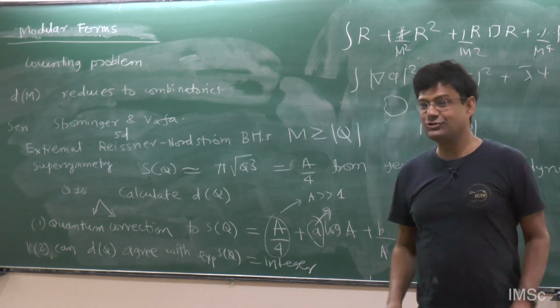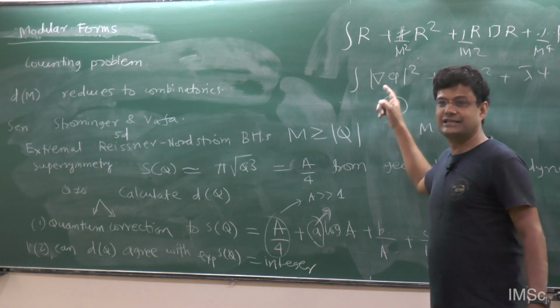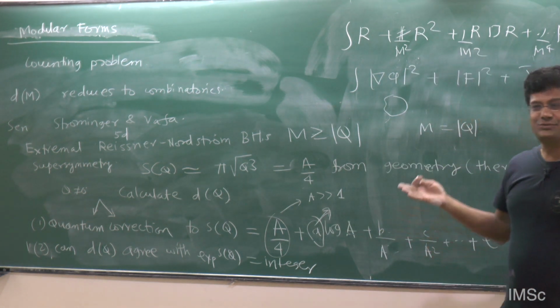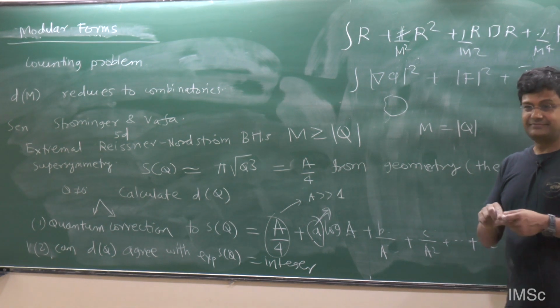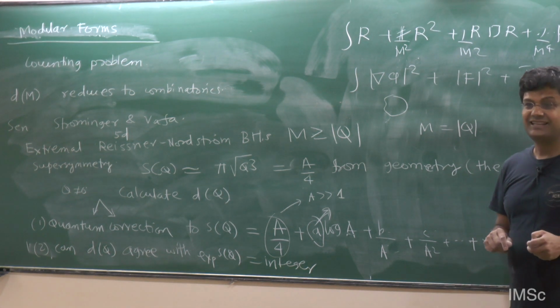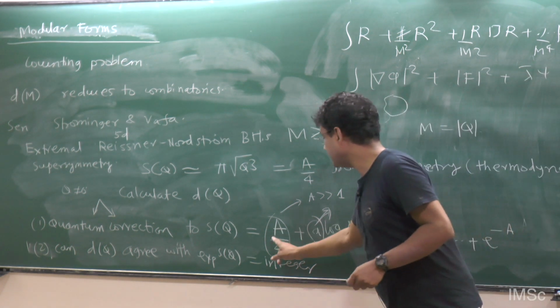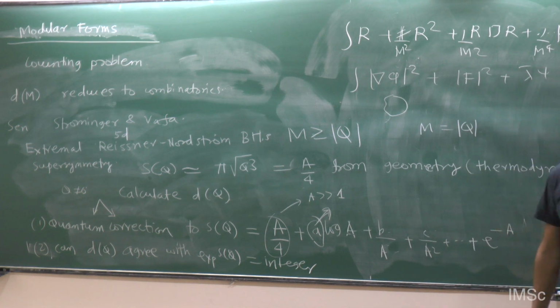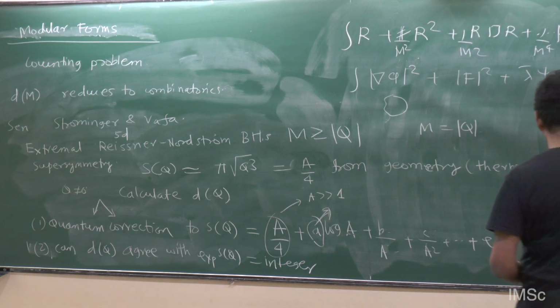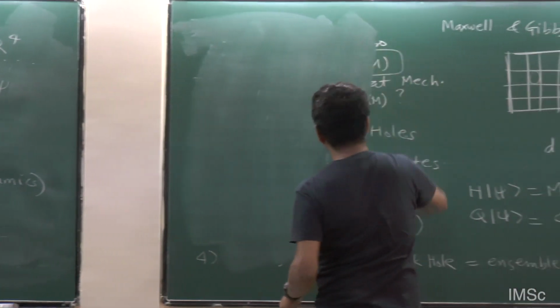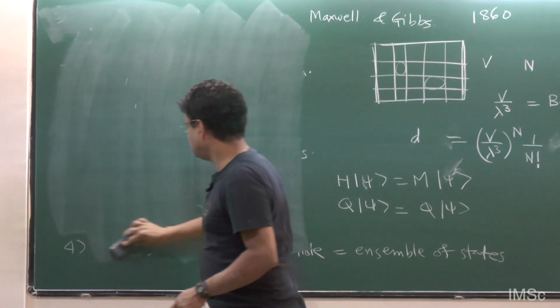What about the other computation? You cannot get it by doing this kind of perturbative analysis, because as I said, even in QED you cannot do it. I understand. My question is, how do you do it? S of Q is area. It's a geometrical interpretation. No, S of Q is area only to the beginning. Fine, but then what is the physical quantity in the quantum field theory framework, in string theory, that will be computed, which will have the interpretation of the first term being S of Q? Very good question, let me explain that. They compute a partition function. Yes, basically it's a partition function. It's a good point.